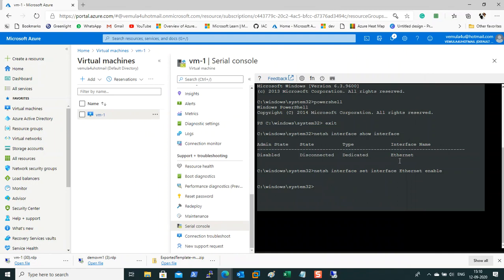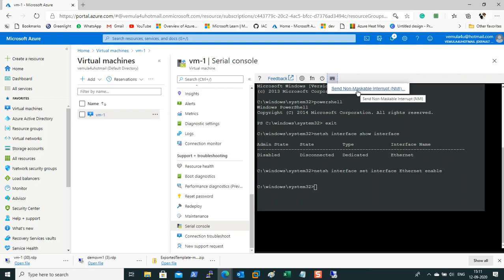Now let us say that you are frequently getting into the situation where your server is hung. Then you may have to capture a memory dump. So this NMI, non-maskable interrupt, will help you to just take the server off and capture the memory dump of this particular VM, which you can use at a later point of time to debug and understand what exactly the reason is why the VM is behaving weirdly.